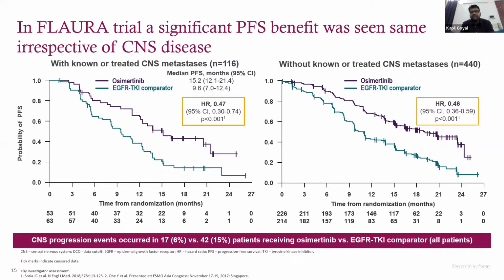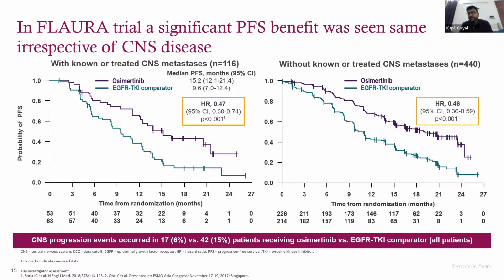In the FLAURA trial, a significant PFS benefit was seen irrespective of the CNS disease. If we look at the patients who had known or treated CNS metastasis, which was 116 patients, a good sizable number, PFS was obviously worse compared to those who did not have CNS metastasis, but osimertinib improved the PFS nevertheless. It was 15.2 months compared to only 9.6 months in the EGFR TKI comparator arm, with a hazard ratio of 0.47,